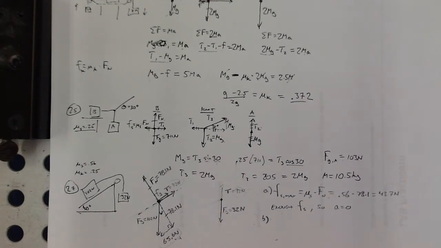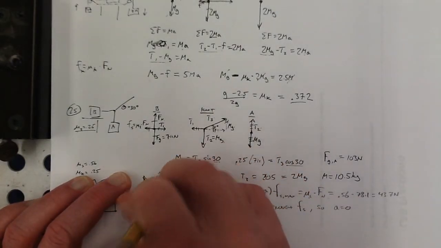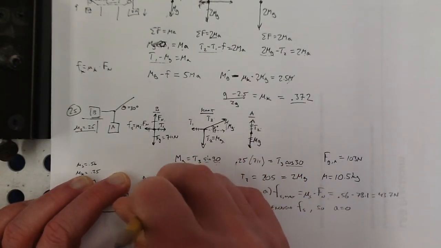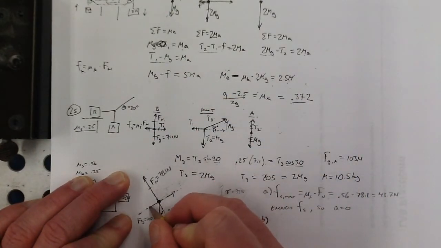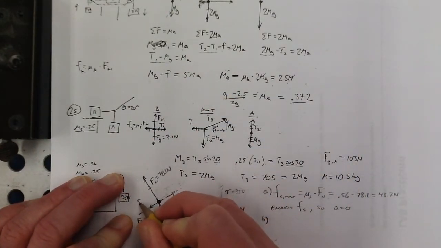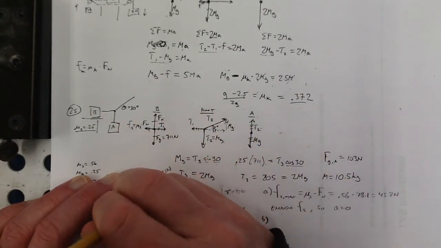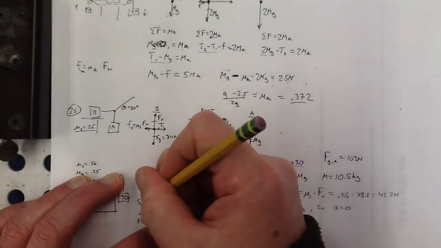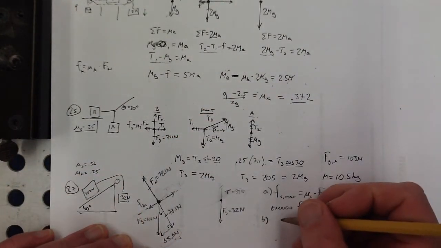Part B, let's see if we can piece this together with like redoing as little as possible. So what if it's moving up the incline initially? So if it's moving up the incline initially, then friction always opposes the direction of motion. Well, it's moving, so it's not going to be static, is it? So that's going to be kinetic friction, and it's moving. So for part B,